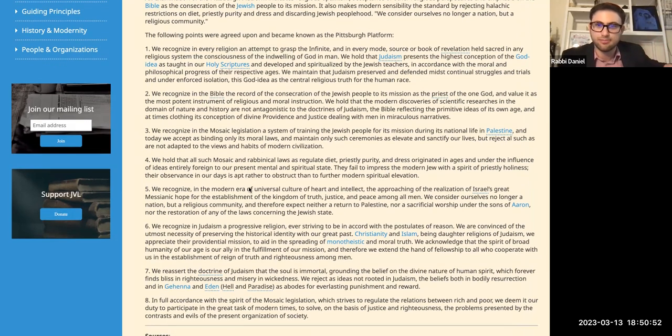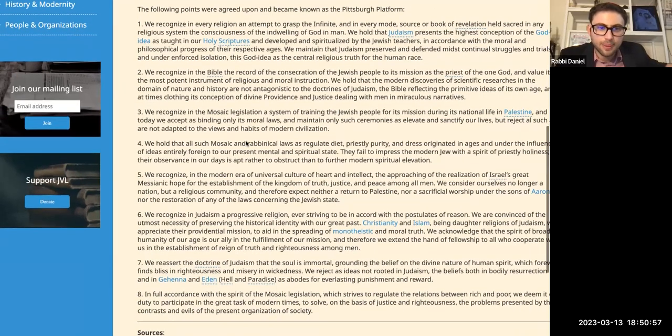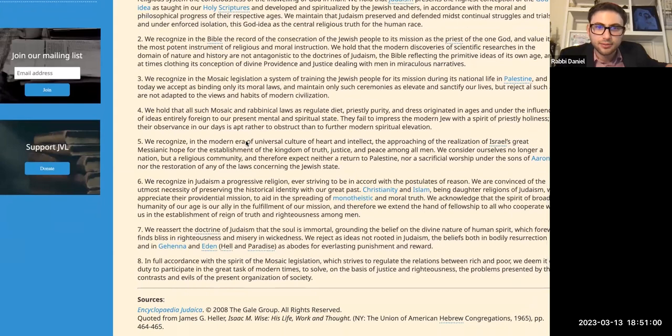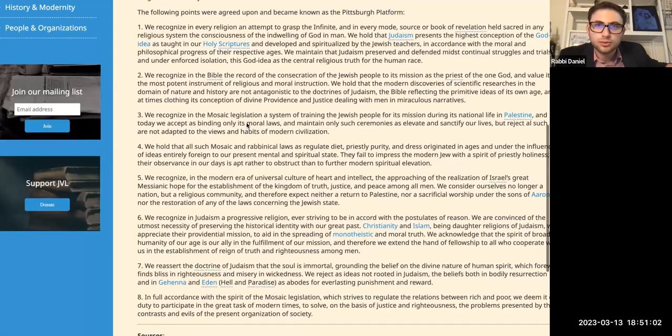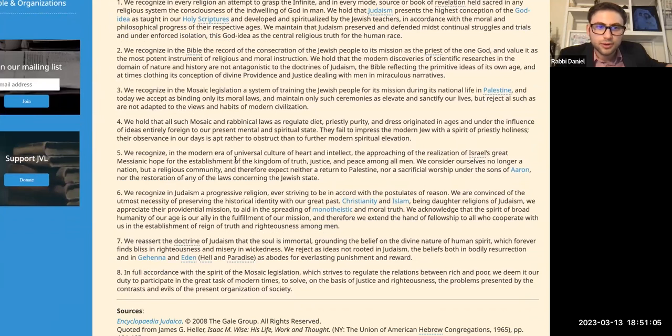And here is, of course, the most notorious. Let's find it. Here. So they say in number 5, we recognize in the modern era of universal culture of heart and intellect, the approaching of the realization of Israel's great messianic hope for the establishment of the kingdom of truth and peace upon all men. We consider ourselves no longer a nation, but a religious community, and therefore expect neither a return to Palestine, nor sacrificial worship under the sons of Aaron, nor the restoration of any of the laws concerning the